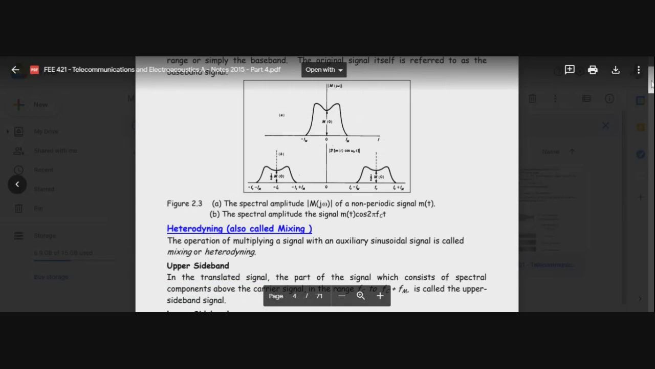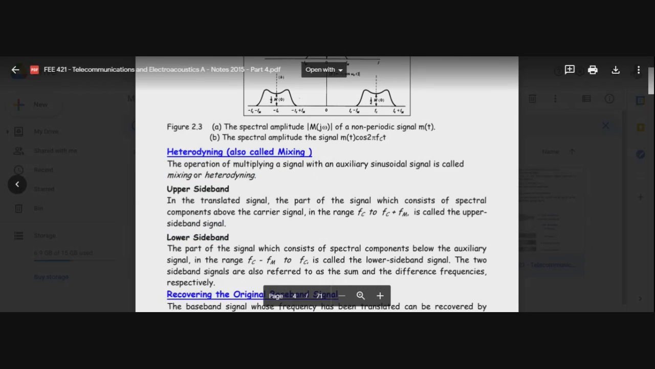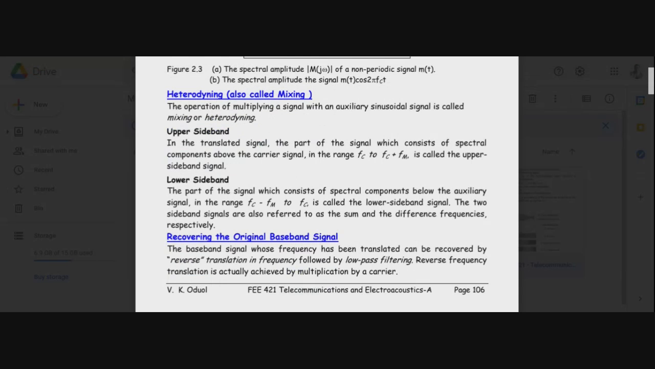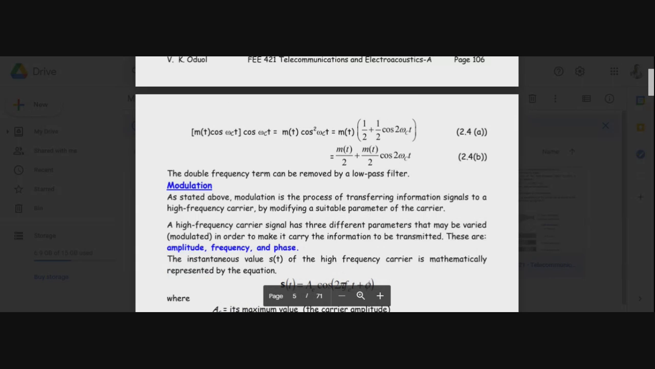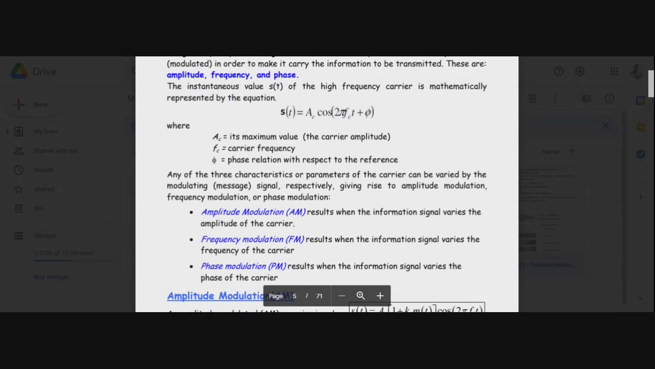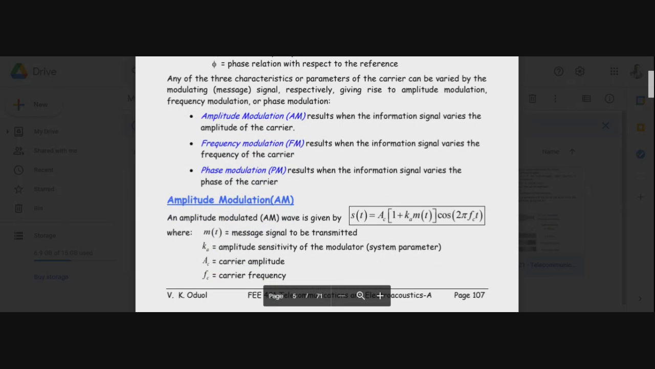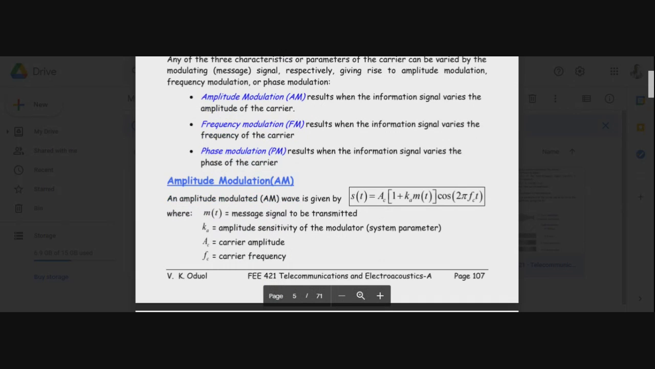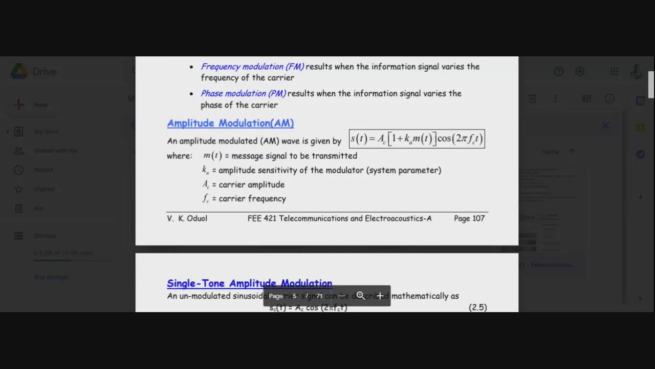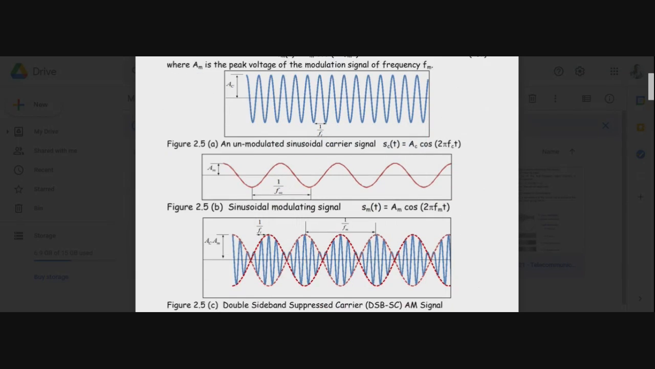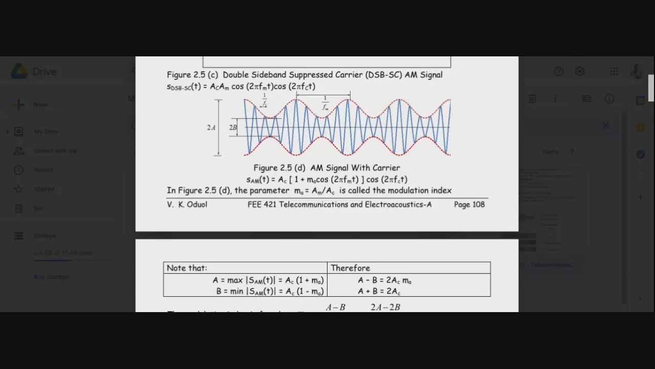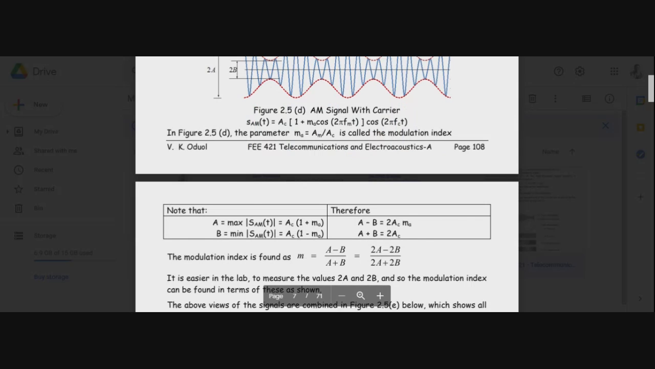I think we left at this heterodyning. But are there any questions from last time? Maybe I should start there. All right. There's total silence. So